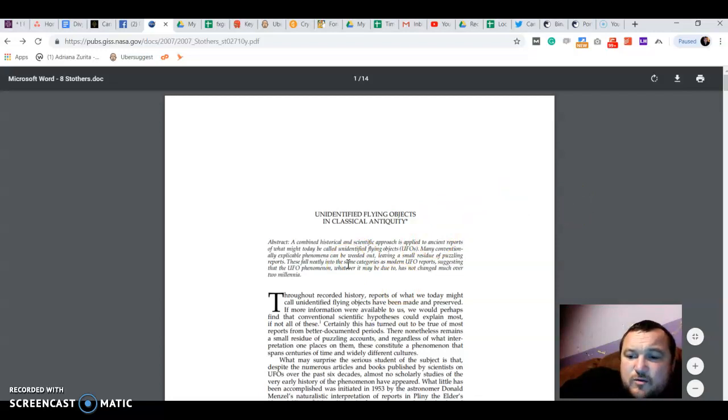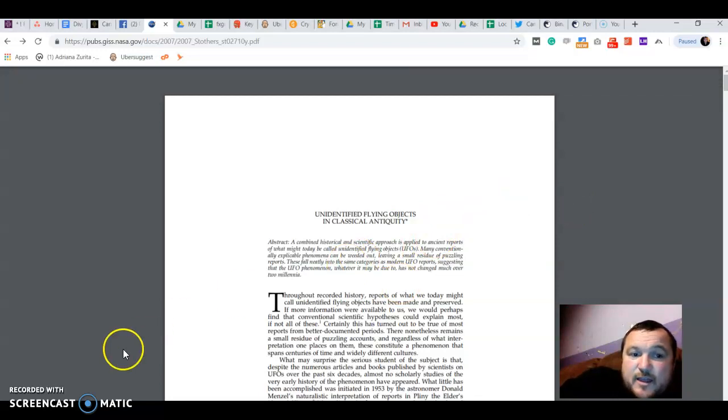Does it strike you as strange that NASA have on their official nasa.gov website a UFO paper, that they have anything about UFOs? UFOs is not something that you associate with a NASA publication.